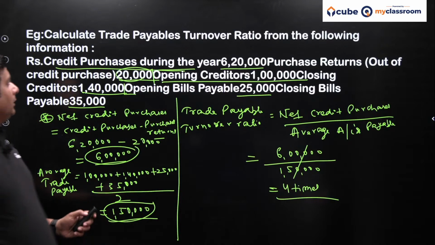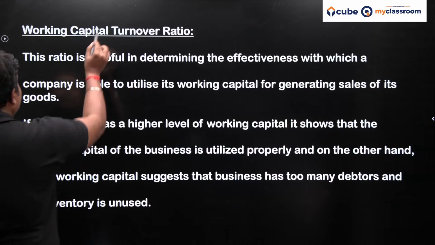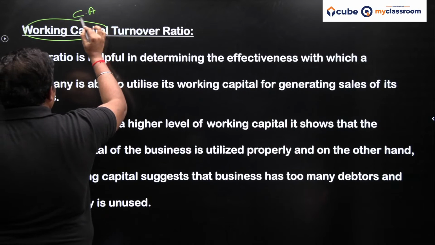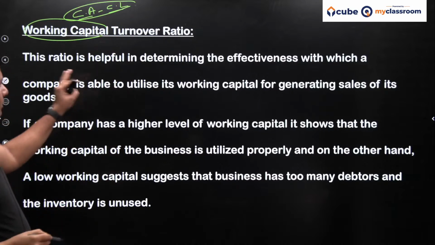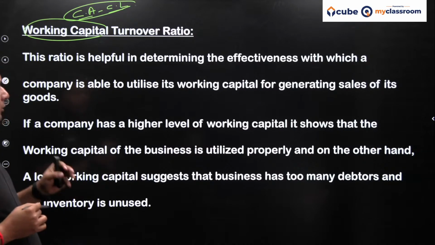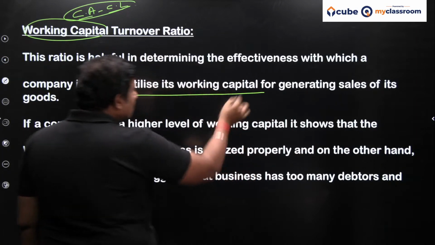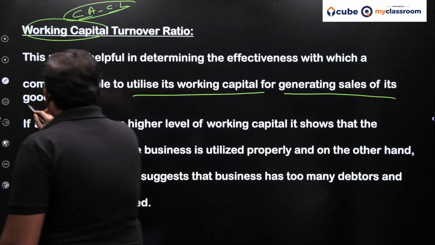I hope you understand. So moving to the next ratio, the working capital turnover ratio. Whenever I talk about working capital, one thing comes to your mind: the difference between current assets and current liabilities gives you the working capital. I am sure this comes to your mind first. This ratio is helpful in determining the effectiveness with which the company is able to utilize working capital, meaning current assets and current liabilities,